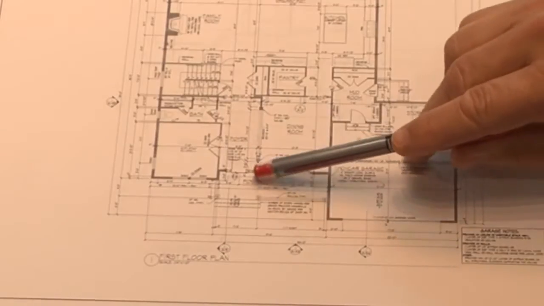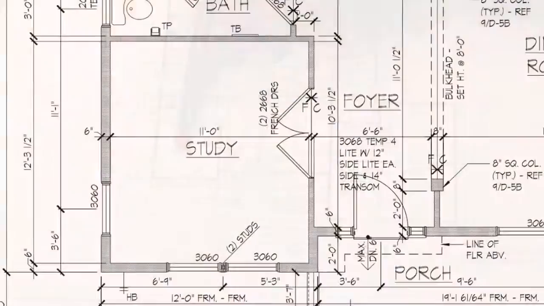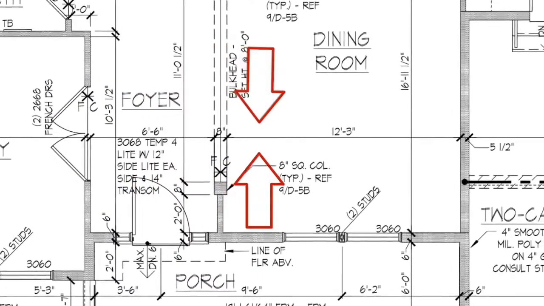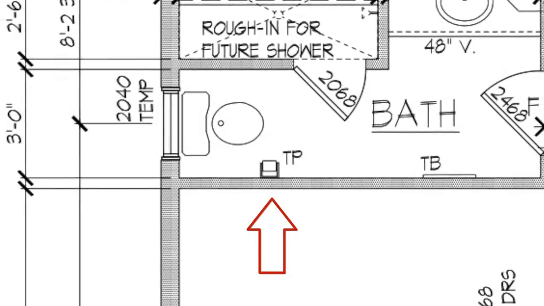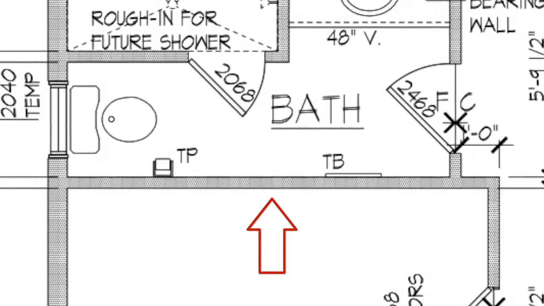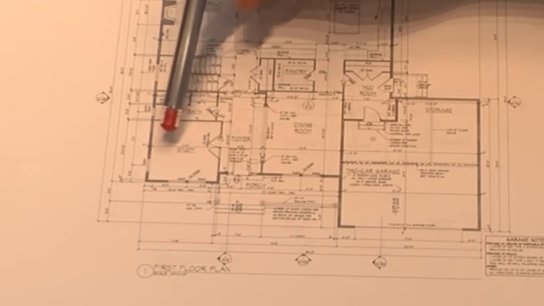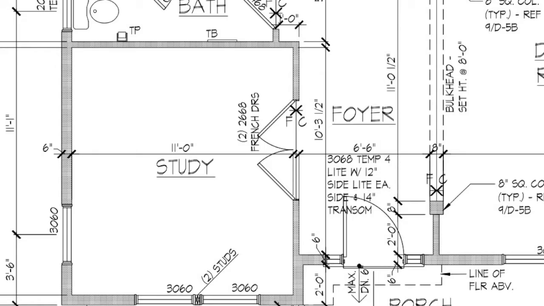The first thing that you'll notice when you walk into the door is a dimension string. It's a very thin line. The dimension string should not be confused with the wall thicknesses. Here you can see this dark line is the thickness of a 2x4 wall versus this very thin line, which is a dimension string. So if I start from the left side and go from left to right, you'll notice